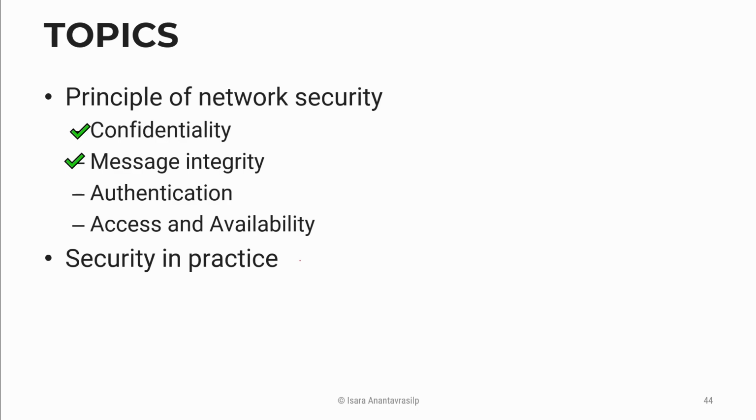The actual problem is that sometimes Alice and Bob are not persons. They are just web browsers and web servers, or two servers, two routers that want to talk to each other. How can these devices verify that, hey, I am a legitimate device? And how can I verify that you are also a legitimate device? How can I be sure that I'm talking to you and you are you, from the company or a partner that I know? This is the problem of authentication, and this is what we are going to discuss next.